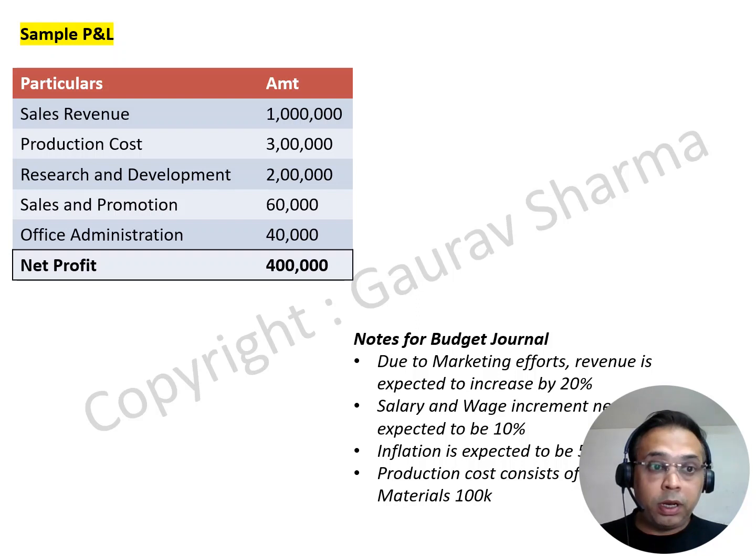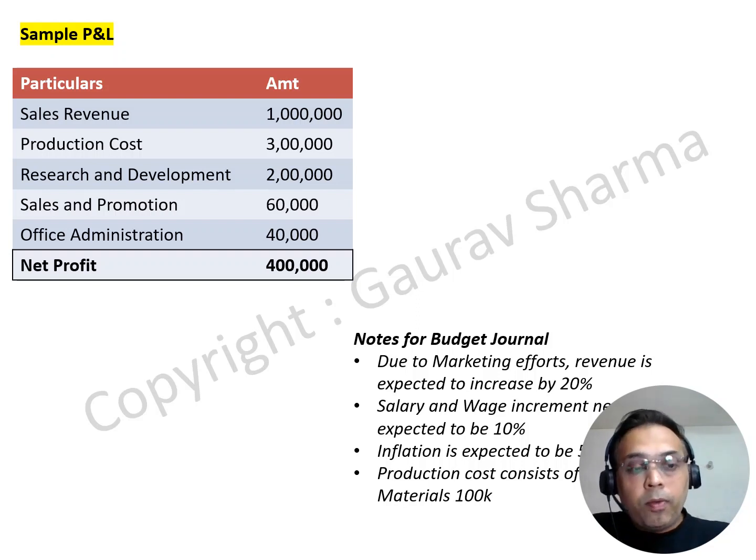I earn 1 million. My production cost is 300,000. My research and development cost is 200,000. My sales and promotion is 60,000 and my office administration cost is 40,000. And this is just a simplified P&L. So I'm ending up with a profit of 400,000 at the end of the year. Let's say this is my current year, 2023. So let's say 2023 has ended and my sample P&L looks something like this, and my net profit is